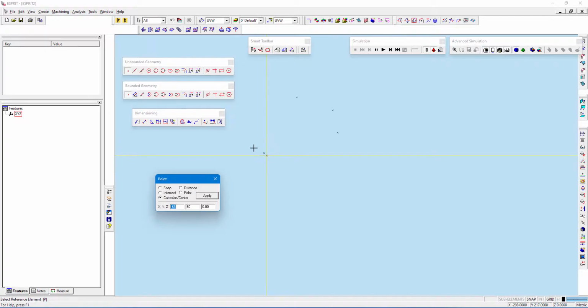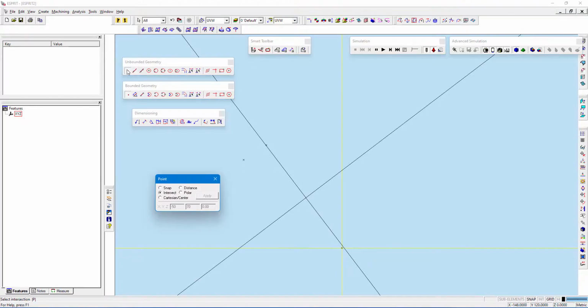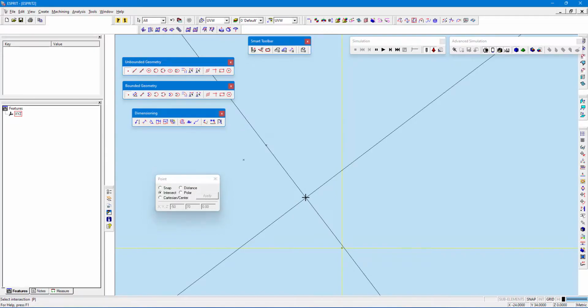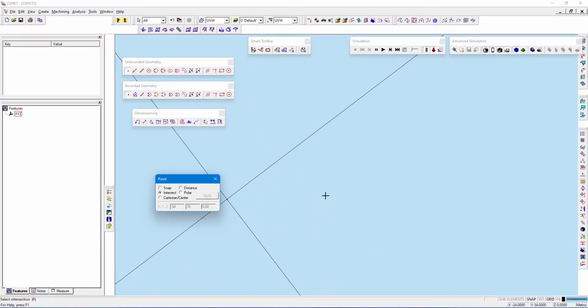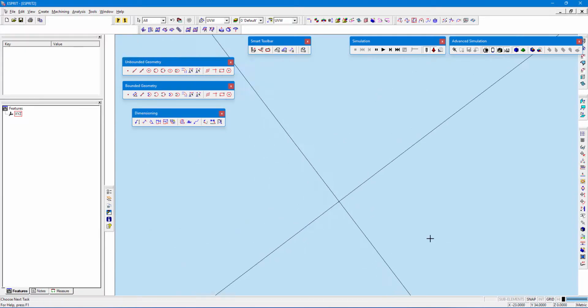If you see, the point is created here. I will once again show it to you. I will give minus 50, and in y I will give 70, and select the point. See, the point is created. The same way, next is intersect. If two lines are intersected, for example, this is the first line and this is the second line, I will go with point, select intersect, and click here. It automatically takes where the intersection is. So this is the point's specialty.